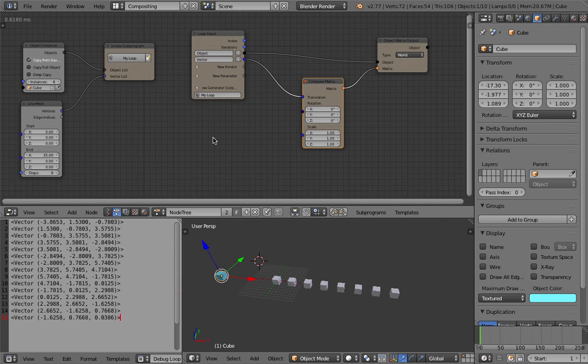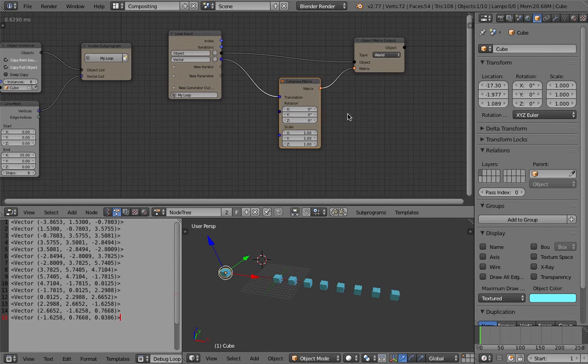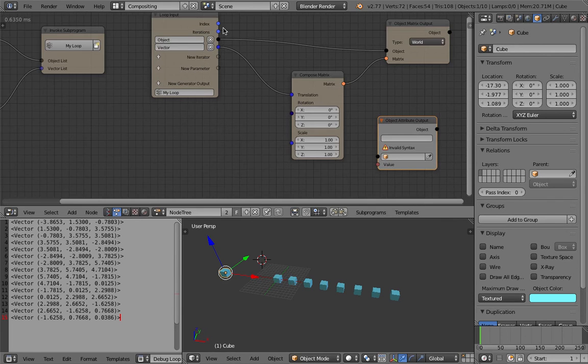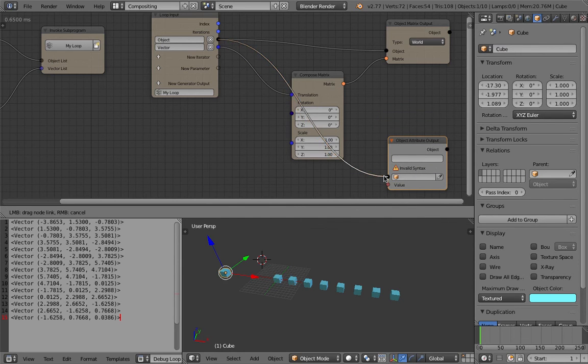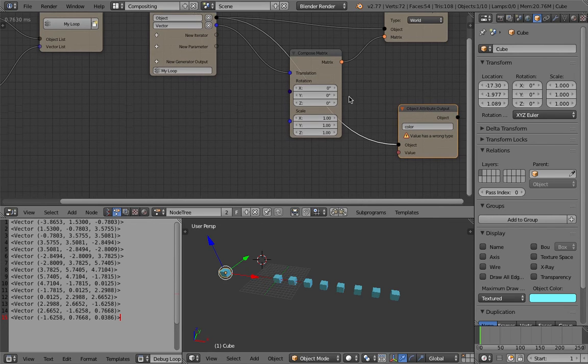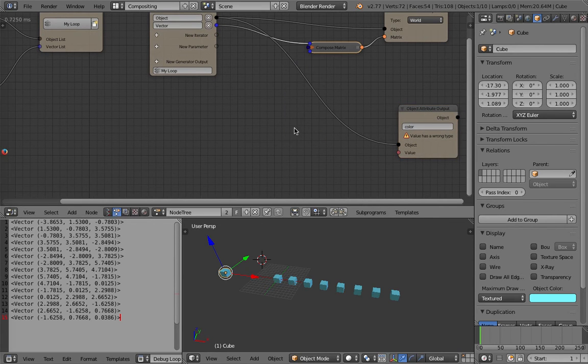So you have learned how to do that. Let me turn on copy full objects. Now, okay. It can take color now. For each object, I can do the, let me think, object color. No, this is an attribute, object attribute output. So for each and every object, we're gonna change the object color attribute, and then it needs to be